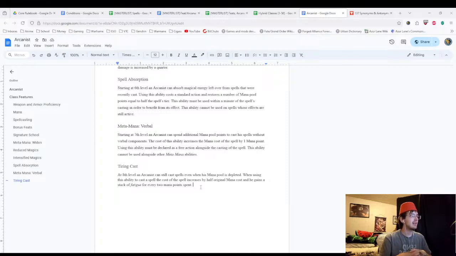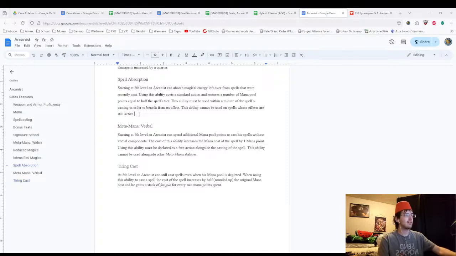Using this ability, the cost of the spell increases by half the original mana cost. And he gains a stack of fatigue for every 2 mana points spent. I should also probably round it up. So if you're casting a first tier spell with no mana pool, it's going to cost 2 points, and you're going to get that stack of fatigue, which is not going to be good, but,